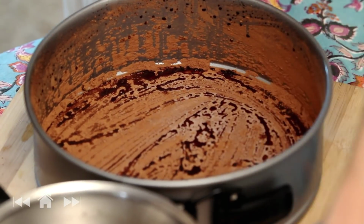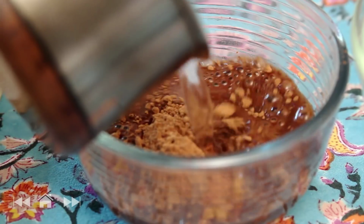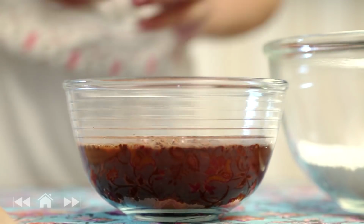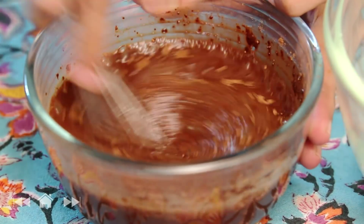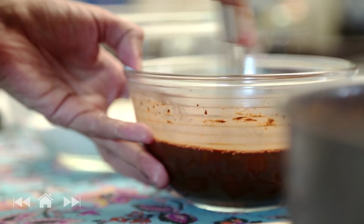I've just got the oven preheating to 190 degrees Celsius, and here's some lukewarm water. Lukewarm, not boiling, you should just be able to stick your finger in it comfortably. And I'm adding it to half a cup of cocoa powder. I'm just going to whisk it to get the lumps out. That's all nicely mixed up. I'm just going to set it aside so that it can cool a bit and get going with the dry